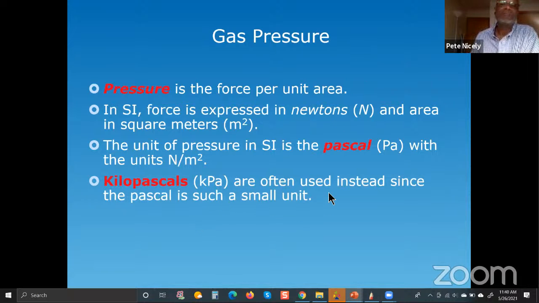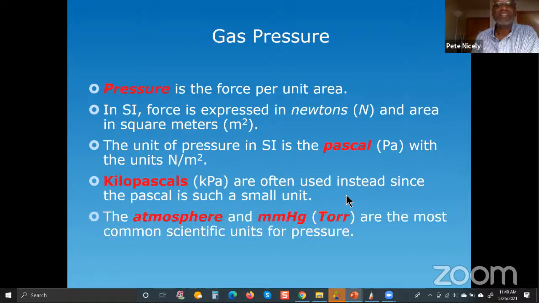is basically 1,000 pascals, right? And this actually is more often used because the Pascal unit is a relatively small unit. There are some other units as well that you need to be familiar with. You have the atmosphere unit, and I'm going to explain how that unit came about. And then you have the millimeter mercury unit, which is the same thing as the torr unit, which I'm going to explain as well, how we end up with the torr unit or the millimeter mercury unit, all